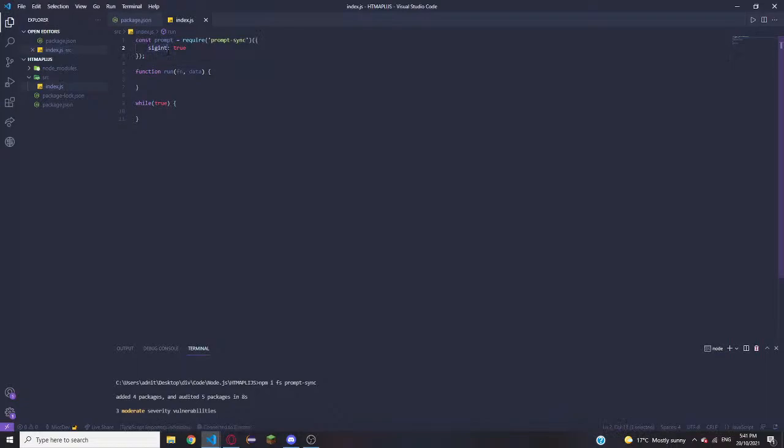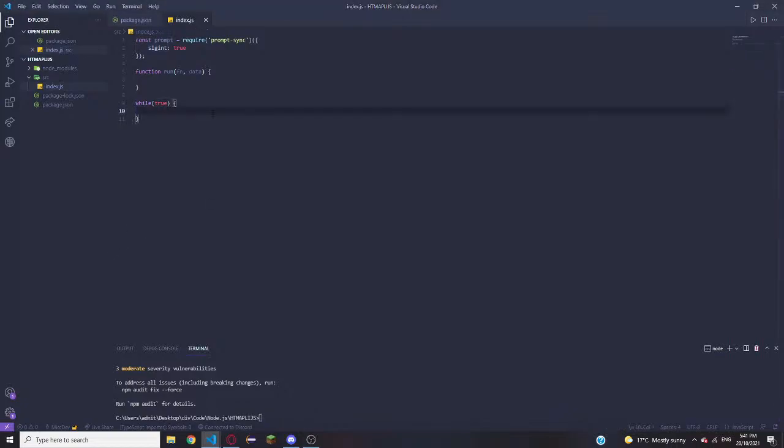Signal interrupt is what sigint means, and that just means if we press Control C or we close out of the terminal, it'll close the prompt sync without having any errors. What we'll do is we'll have data, and that's going to equal prompt, and let's put an arrow,